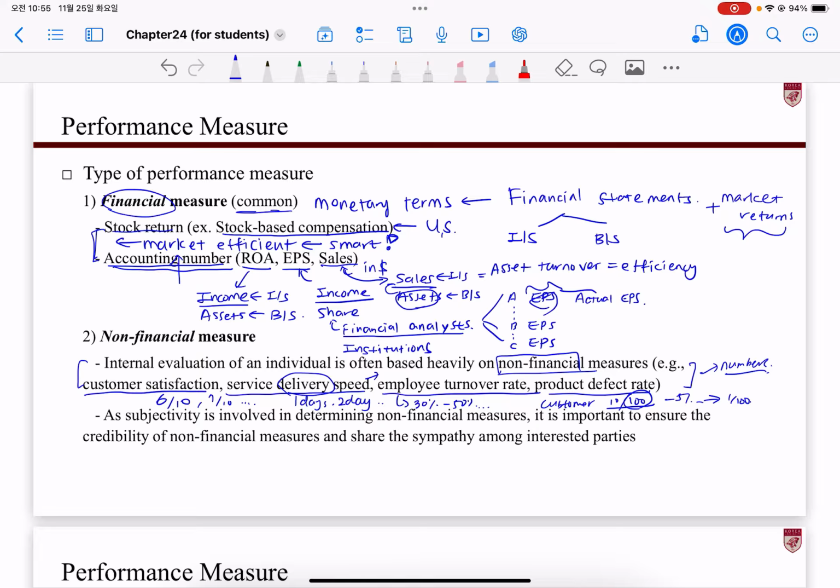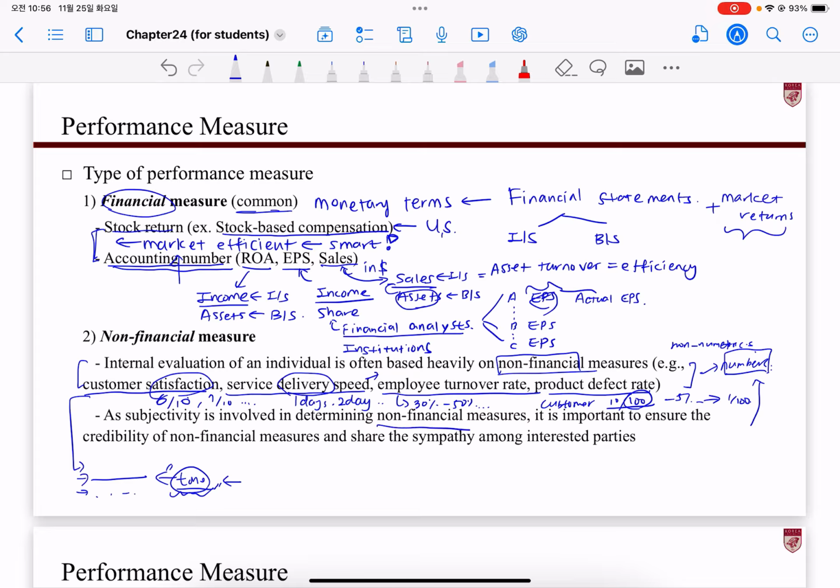Of course, there may be even non-financial, non-numeric metrics, like, let's say, employees can rate the company, but they can also talk about the company in a sentence, right? And we can kind of measure the tone. These tones, not necessarily a number, but it's also something we need to consider when evaluating a company.